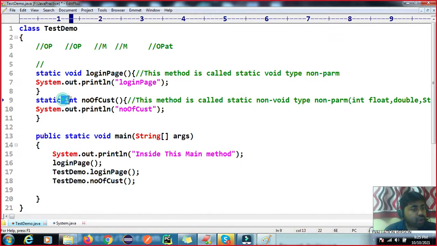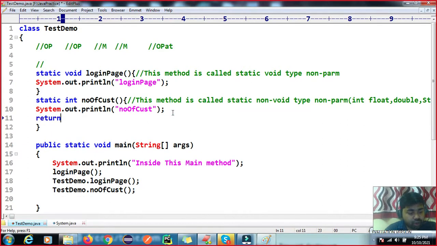So when you are using non void type, you have to use a return statement with a value, whatever the data type you are passing.